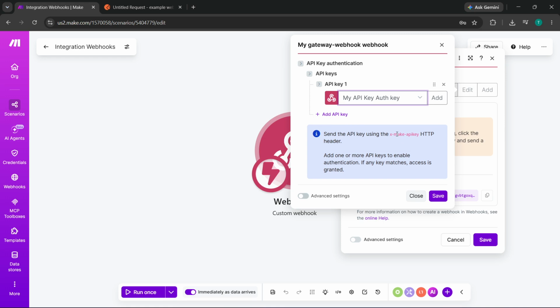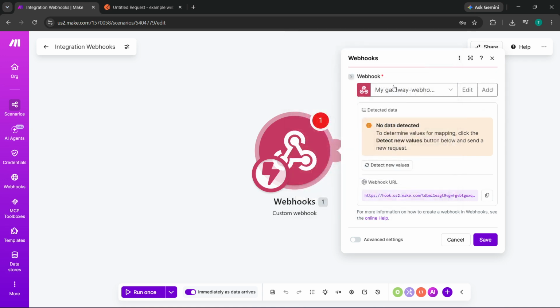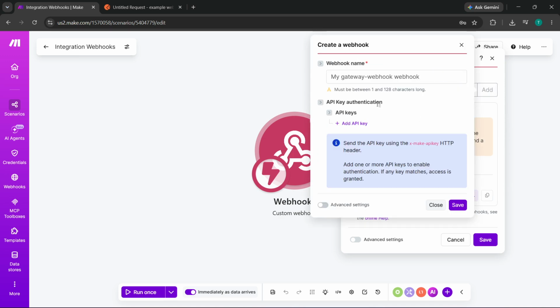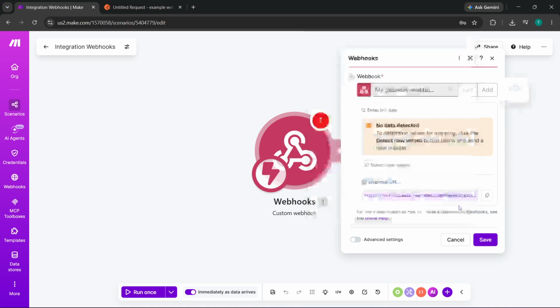After you've typed in your new name, click Save to apply the change. Then, go back to the webhook settings to confirm that your updated name now appears in the webhook field. It's also a good idea to double-check that the webhook is still connected to the correct scenario. Renaming does not affect functionality at all. And importantly, verify that the webhook URL itself remains unchanged, because renaming only changes the display label, not the actual